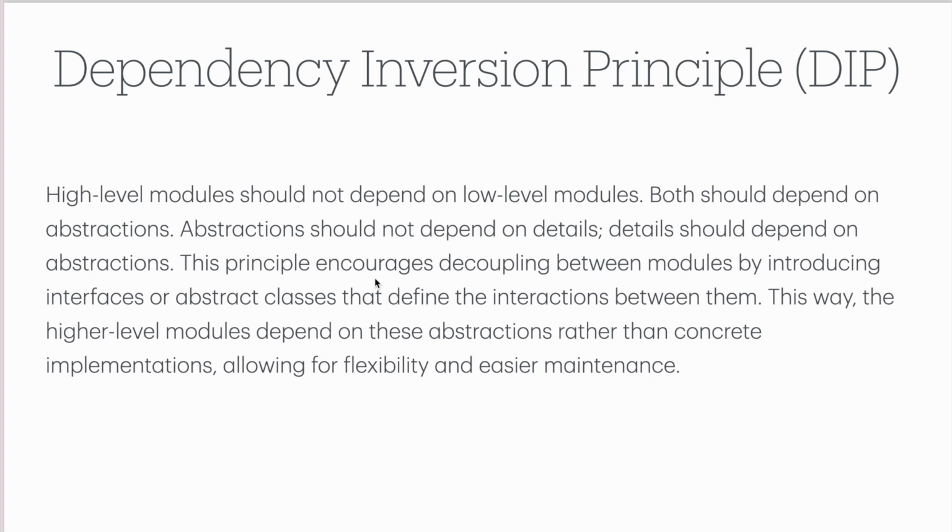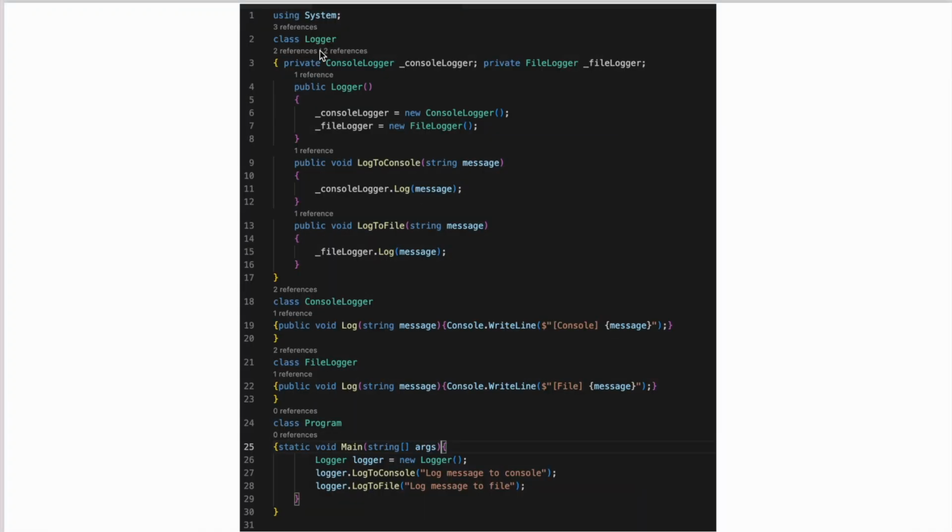This principle encourages decoupling between modules by introducing interfaces and abstract classes that define the interaction between them. Let's understand it with an example, it would be easy to understand. So we have a logger class that is going to log to the console as well as log to the